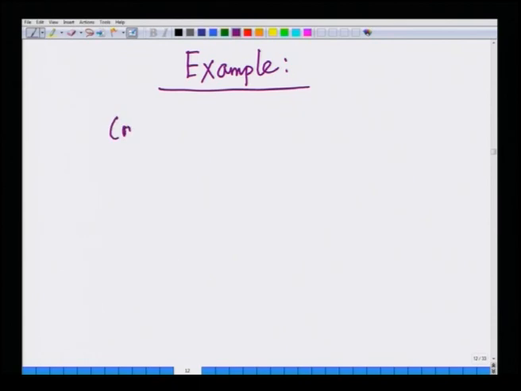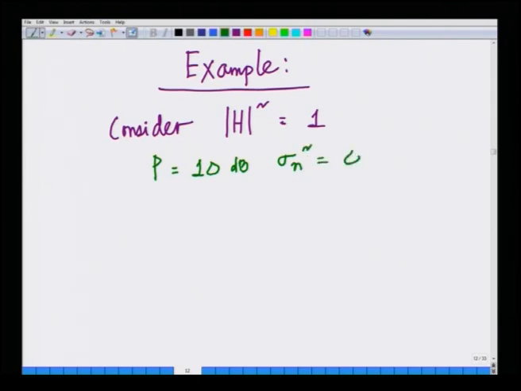Let us consider an OFDM system such that magnitude h square equals unity, that is the average gain of subcarrier, and we also consider a scenario with signal power or transmitted symbol power P equals 10 dB and sigma n square equals 0 dB, that is the symbol to noise power ratio P over sigma n square equals